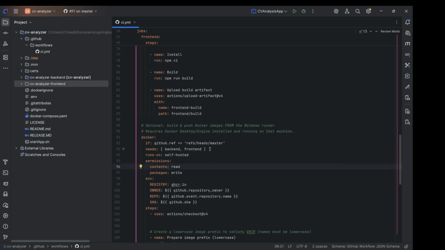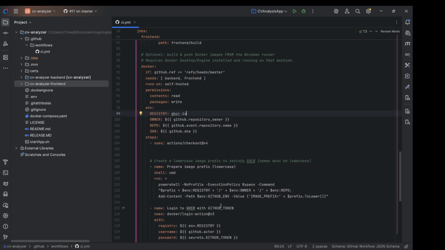Okay, so here it needs backend and front end, and it runs on self-hosted. Permission is read and write, same. And then I set up configuration like this, GitHub repository owner, that it will get, and this is the configuration for PowerShell. Okay,